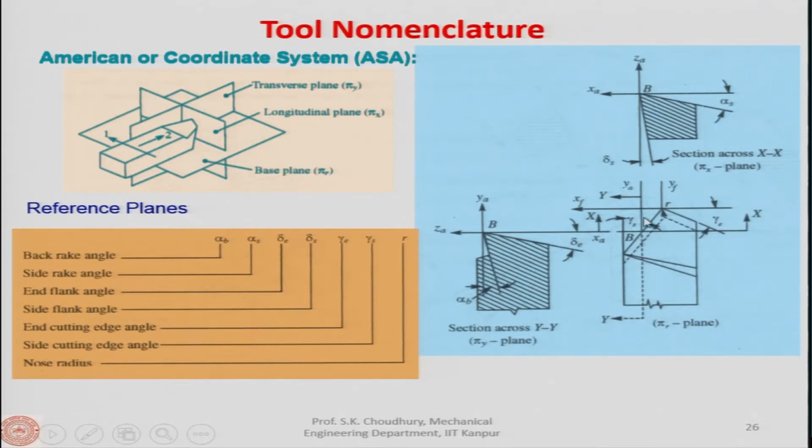Now, if we take the cross section at this point and look at the tool, it will be visible in this way, all right, where this is the rake face, this is the flank face. Mind one thing here, in this base plane, the rake face and the flank face will not be visible. Okay. So, in this case what happens is that you take the cross section like this, and then you place it like this and see this, okay.